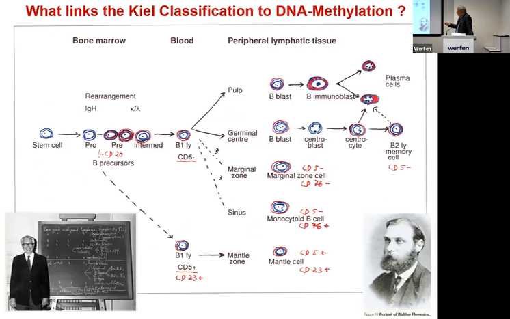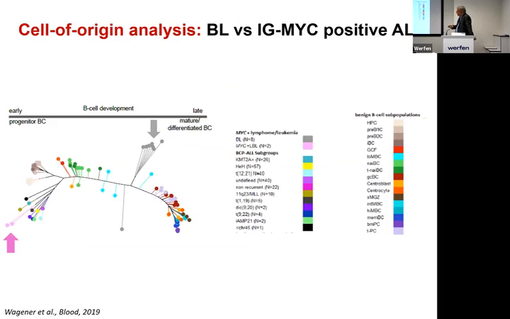And this is a kind of pedigree, a kind of phylogenetic tree from a stem cell to a differentiated cell at the end. The same you can do with DNA methylation. Here are the precursors. Here are the mature B cells, germinal center cells, plasma cells. So you have a differentiation from here to here. And we, for example, looked where acute lymphoblastic leukemias are located. They are here. So they are immature.